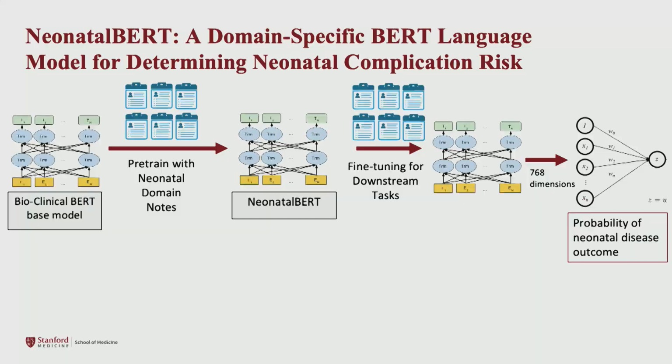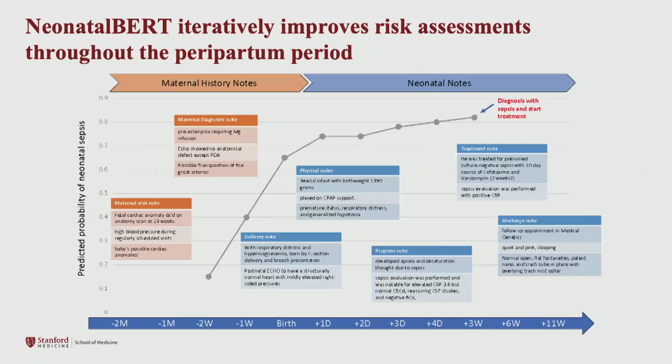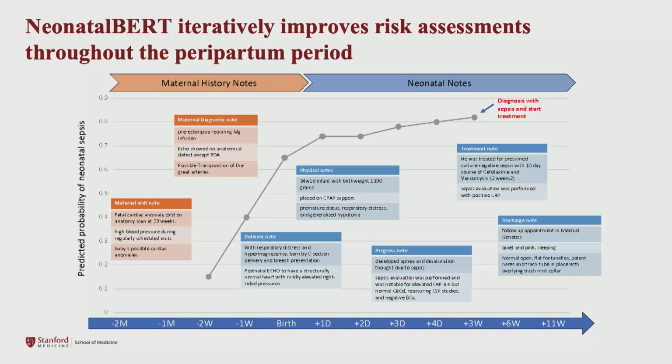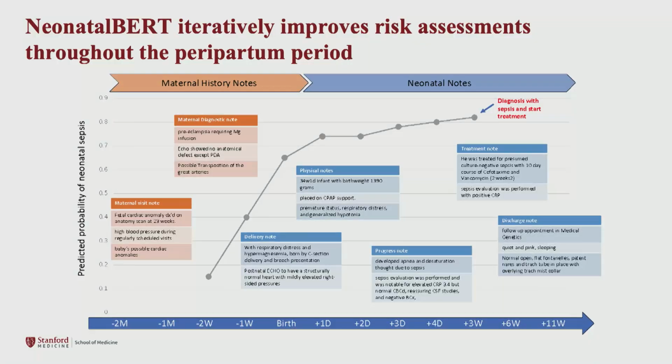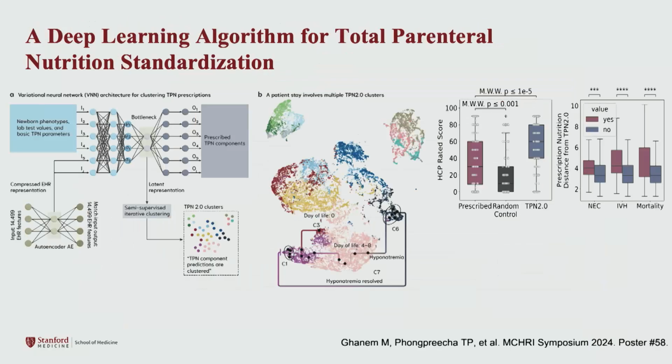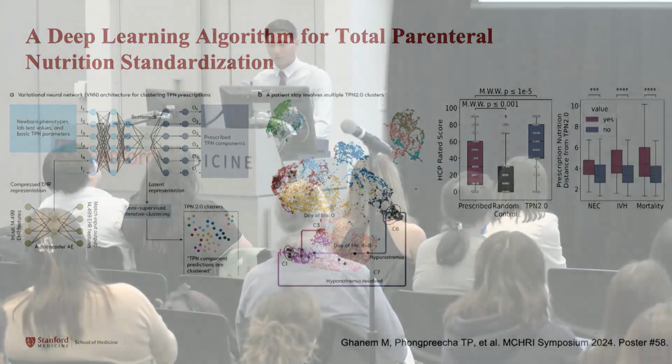We've also increasingly been using the notes domain here, and in this work, we've built a large language model that's trained in the neonatal domain for notes, and we fine-tuned it for downstream tasks and can do similar risk stratification. Importantly, this doesn't just reflect in a post hoc manner the sepsis being present in the notes. We know that the model increases that probability of risk far before. And hopefully some of you got to talk to my colleague Mark about how we've also been able to approach the standardization of total parenteral nutrition through algorithmic recommendations. That's some ongoing work that's very exciting.